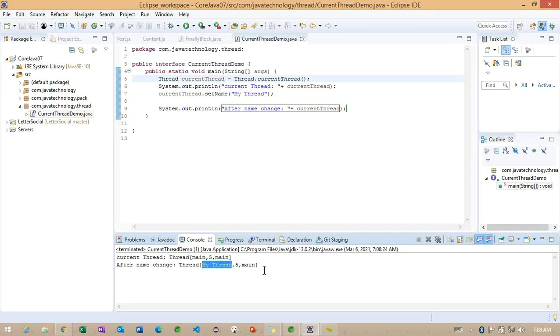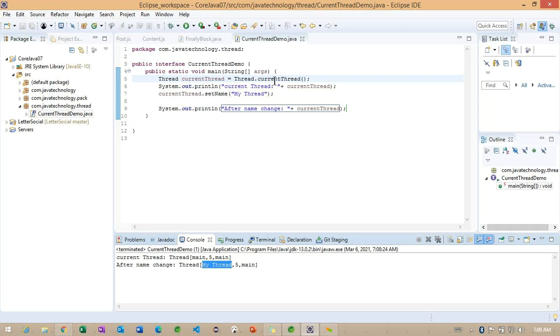Getting the point? So after calling this, we are able to see the reflected information here: my thread is the name of the thread, the priority is 5, and the thread group is main. We'll see the thread group related information later, but observe here.